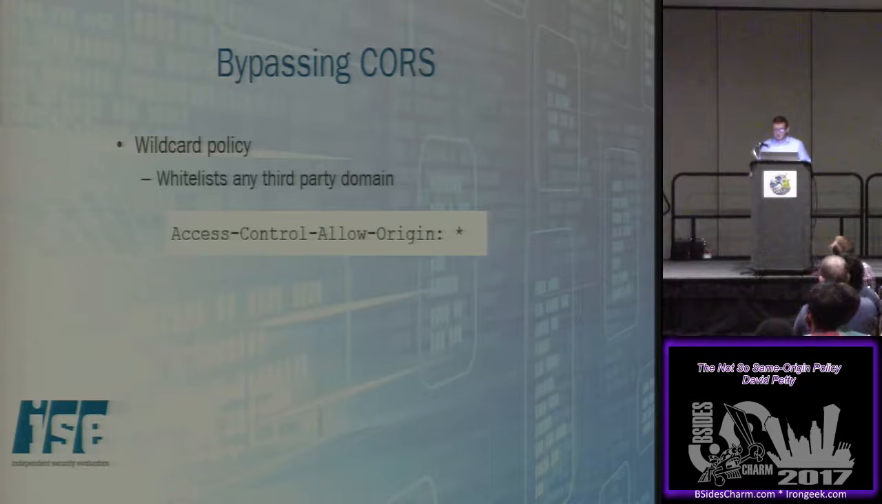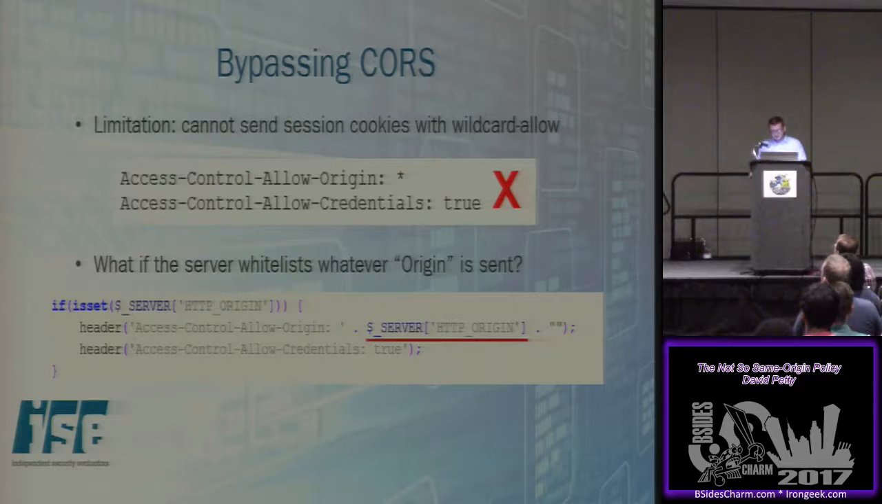Now, the wildcard policy is really important because this is dangerous. And this just whitelists any third-party domain. And it's always shown by an asterisk in these examples. So for CORS, it's going to look like this. It's going to have this header set with the asterisk. And the reason why there's a limitation for CORS,